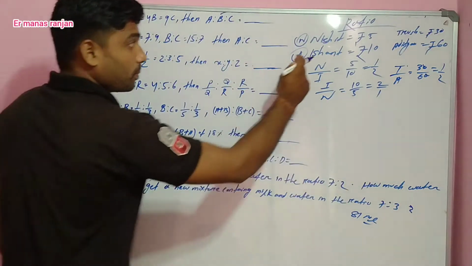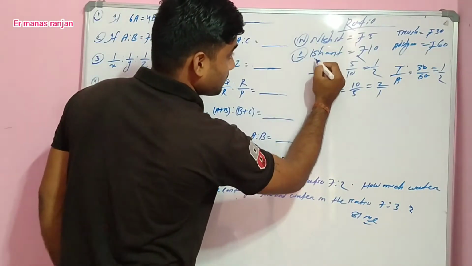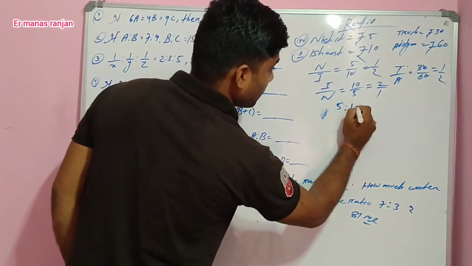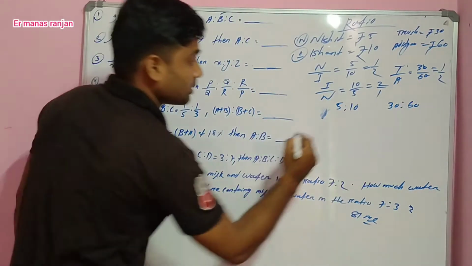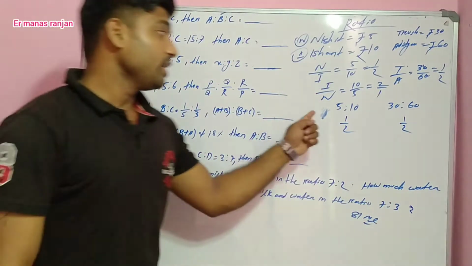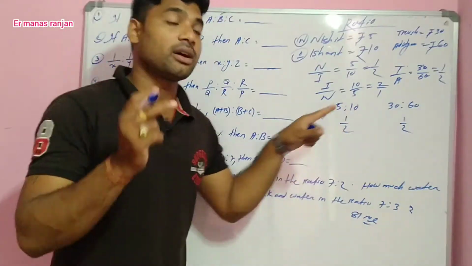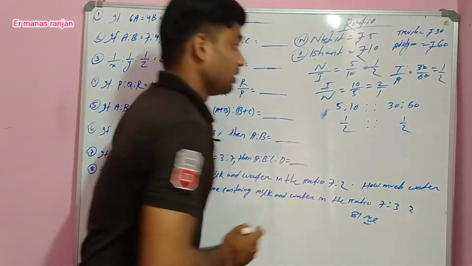They have different amounts, but the ratio is the same as Isant and Nisit's: half. Look here, 5:10, and here 30:60. Here the ratio is half, and here the ratio is half. If we compare two ratios and their values are equivalent or equal, we call it proportion,